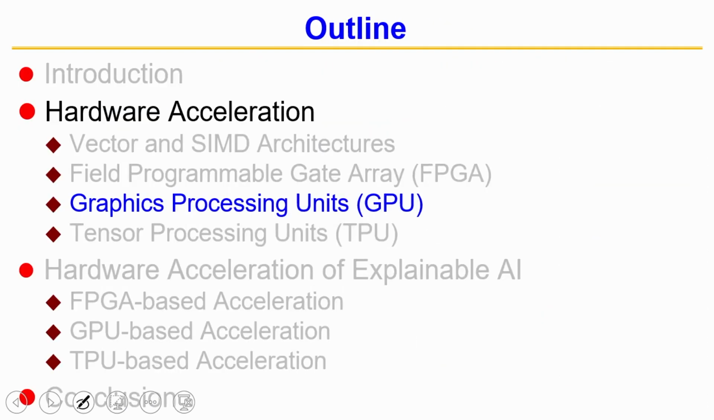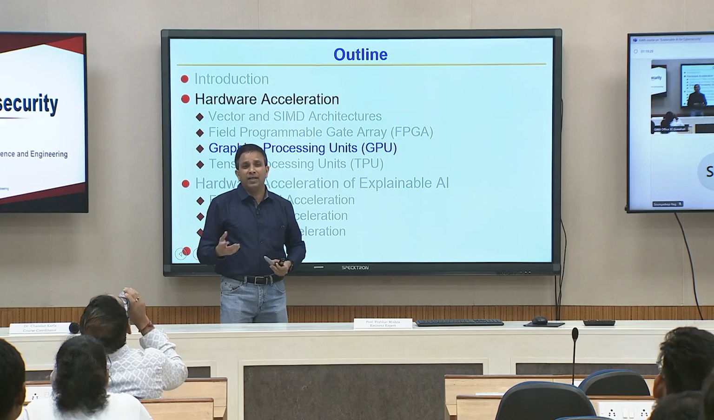So far I talked about how FPGA can speed up the execution. Now I am going to talk about how graphics processing units can speed up the execution. As the name suggests, graphics processing unit is basically designed for graphics, and all of this started from a company called NVIDIA